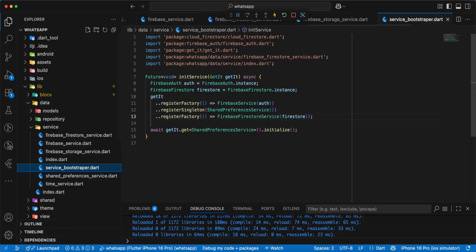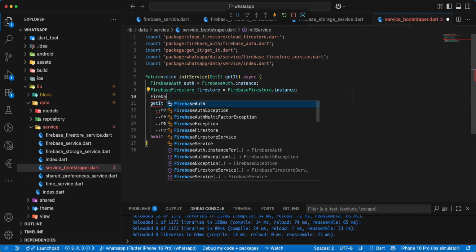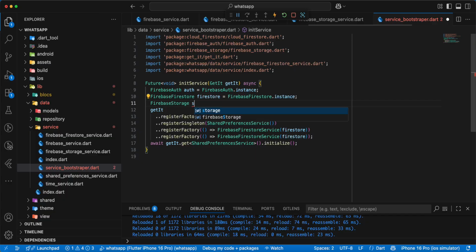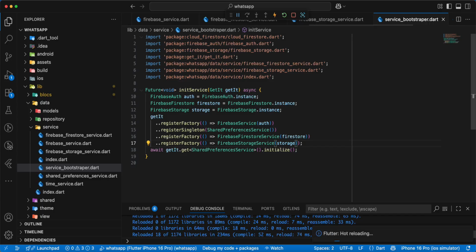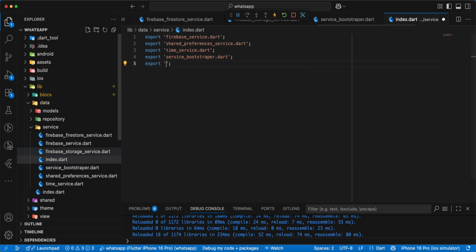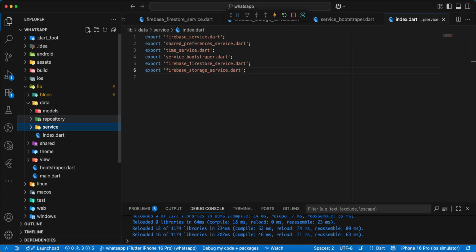and then we open service bootstrapper, write Firebase storage dot instance, add Firebase storage service, write export, write export, save, and now we open repository,